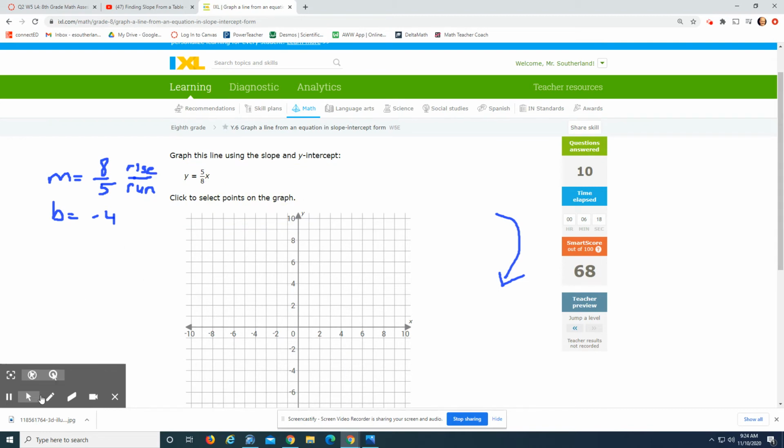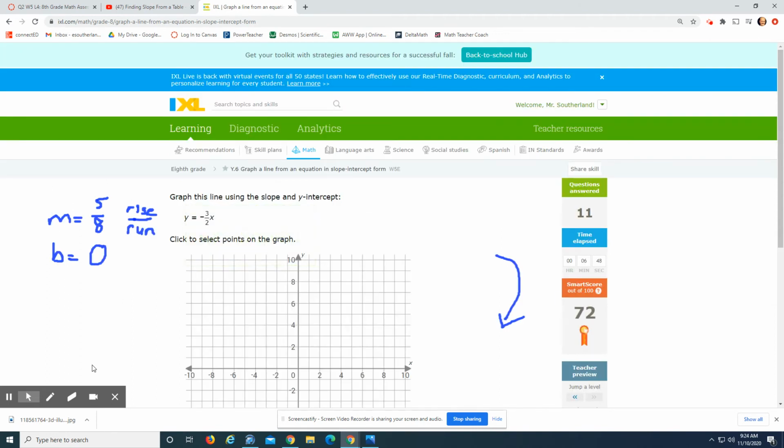Now notice how there's not a number after the x. When this happens, it's automatically 0. So that tells me to start at 0, go up 5, 1, 2, 3, 4, 5, over 8, 1, 2, 3, 4, 5, 6, 7, 8. Again, I'm starting at 0 because there isn't a number after the x,